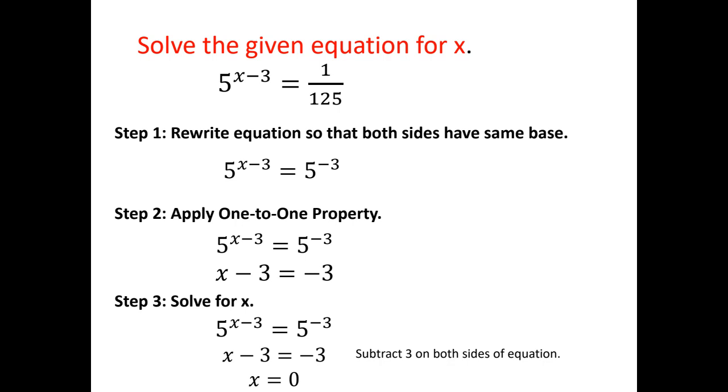Now, one thing you can do is always double check your work, okay? Since this one was a little bit more challenging, I always want to double check. If I plug in 0 for x, 0 minus 3 is just going to give me a negative 3. And 5 to the negative 3, I can convert into 1 over 5 to the third power, and 5 to the third power, we saw that